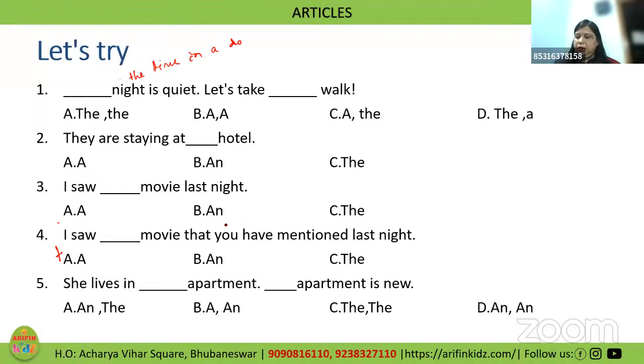Yes, when we are talking of, yes, correct, correct. D option. Okay. Even I got the answer for question number 2. Yes. So it is very correct when we say the night, and it is the night and a walk. Right. Rudransh is saying C for which one? Second. Let's see. They are staying at this answer is right.